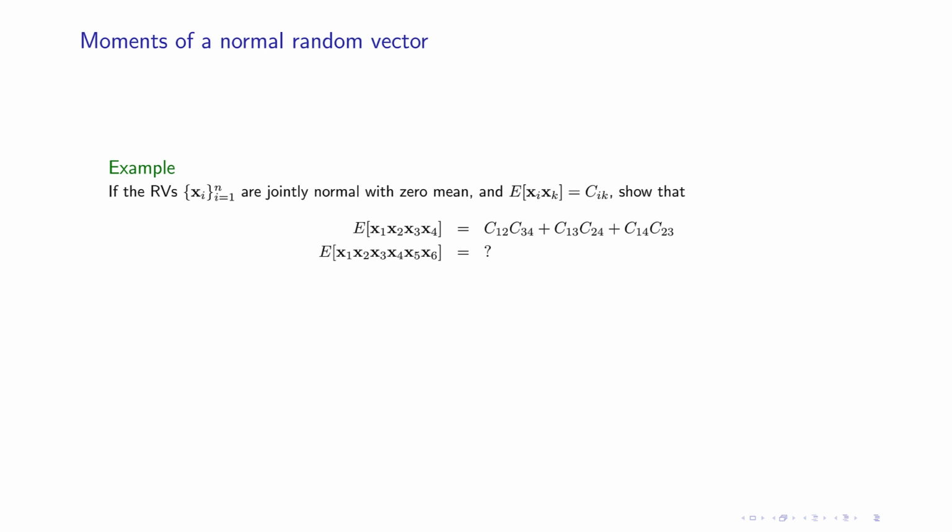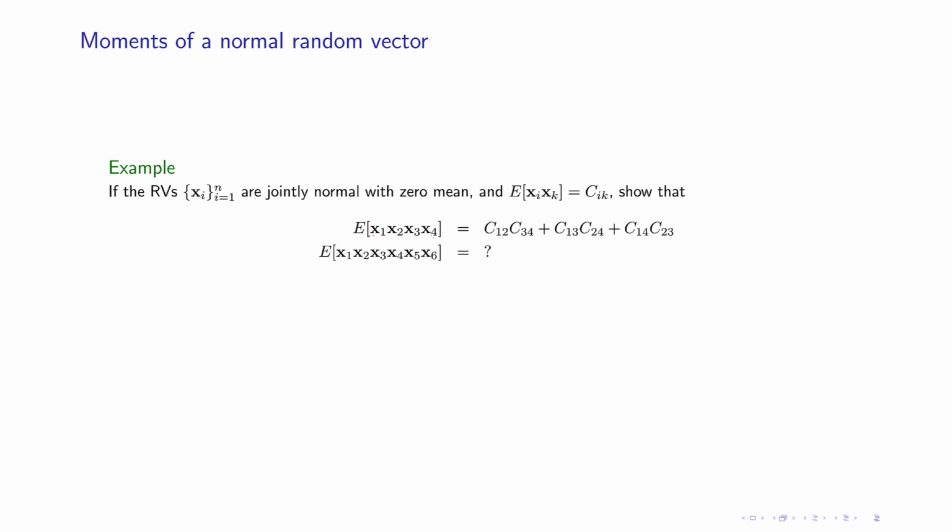The implications of this theorem are very interesting. If you have a bunch of jointly normal random variables, then any moments of them can be calculated very easily using the characteristic function. For instance, if you want to calculate the mean of x1, x2, x3, x4, there is a general simple rule that you could say,